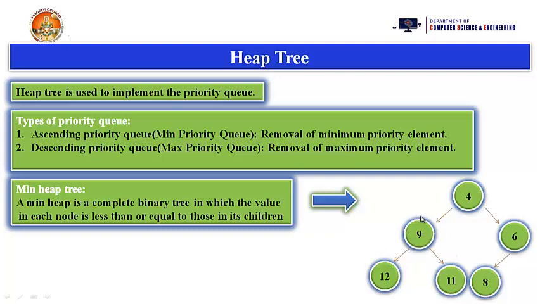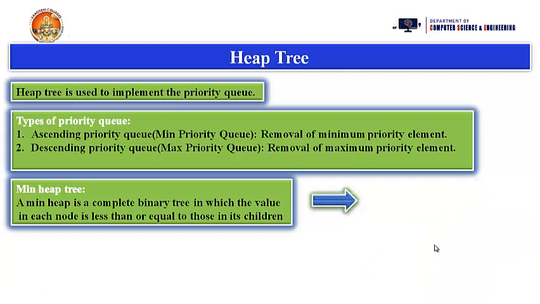Suppose you are taking these three elements 9, 12, 11. Among these three elements 9 is the minimum one, so it is in the correct format. Now come to the right side here, 6 and 8. Among these two elements 6 is the minimum one, so it is in the correct format. Now go to the higher level. Just like that we need to compare each and every parent node here. Then at the next higher level, we have a root node 4, and its children are 9 and 6. Among these three nodes 4 is the minimum element. So like that we need to check the parent node values here. So it is a min heap tree.